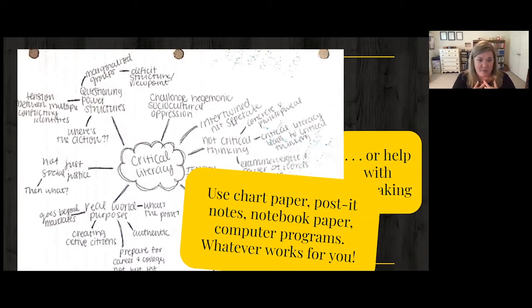I like to use chart paper. I like to use a big Post-it note on my wall. You can't see this side of my office, but there's chart paper all over with all kinds of these things on them because I think there's something about the act of physically putting it on a paper. But there's lots of computer programs that work and you can just Google concept mapping software and there's lots of free programs as well. Keep clicking those bubbles, Kimberly, if you will. There's more.